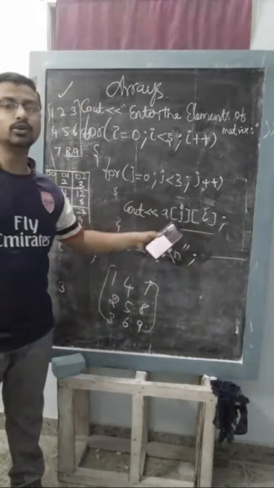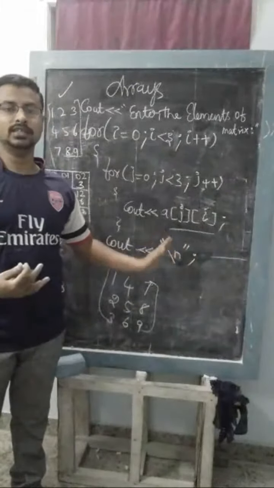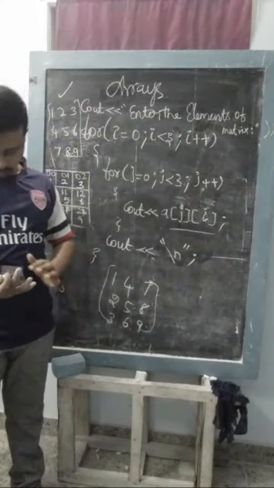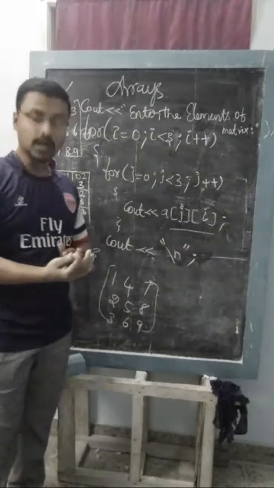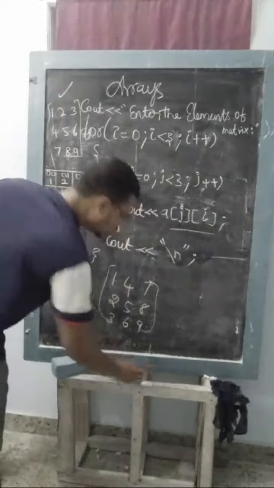This is a question for you. Why are we giving ji instead of ij? This is your today's work. So is there any doubt so far? If you have any doubts, just ask through